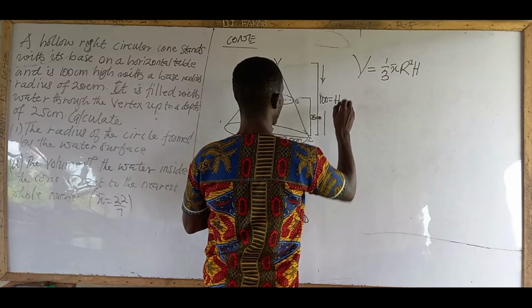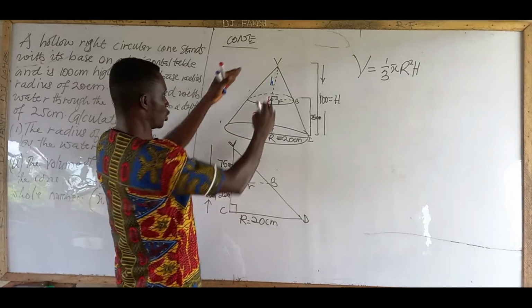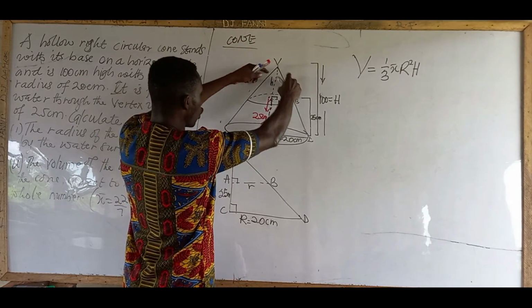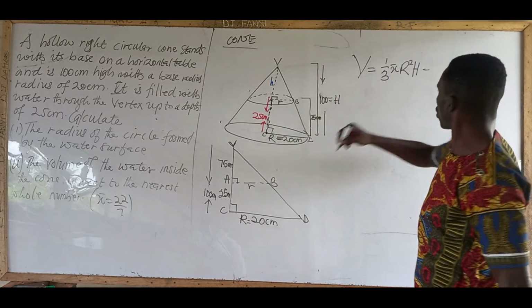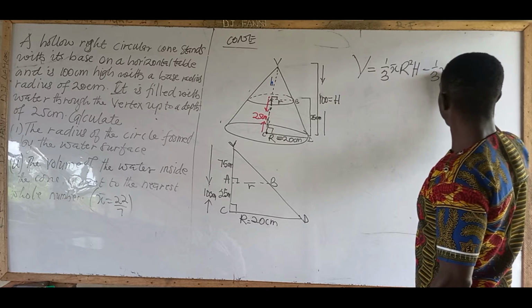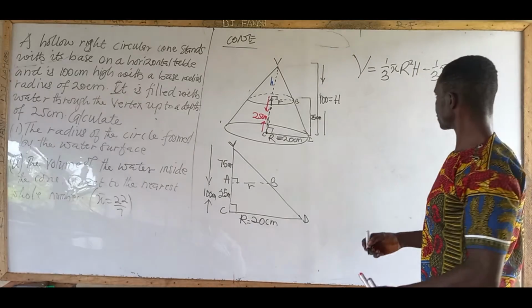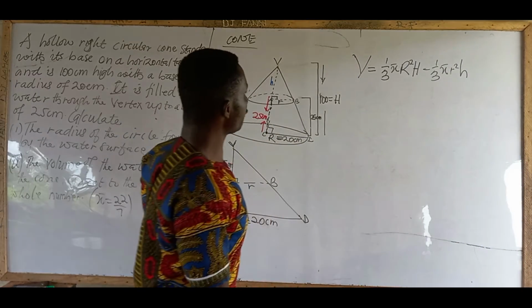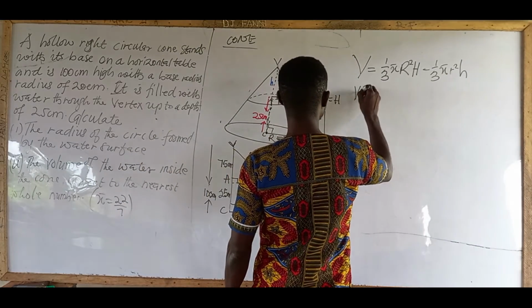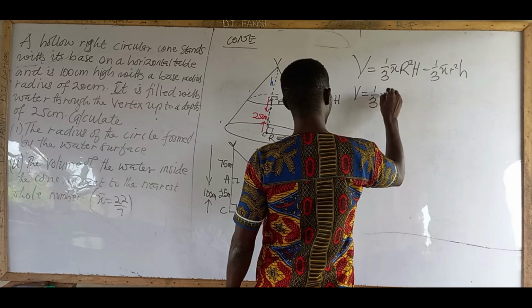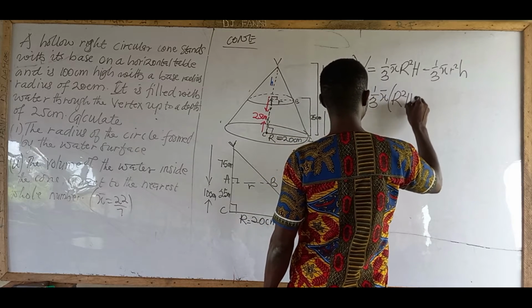The height of the smaller cone at the top should be equal to h. You see the cones are two: if you pick the top, it's a cone, and the whole of this is a cone. So to differentiate, we subtract the smaller cone, 1/3 pi r squared h, where h is the smaller height. Looking at it carefully, I can factorize 1/3 pi out. So V is equal to 1/3 pi times r squared h,